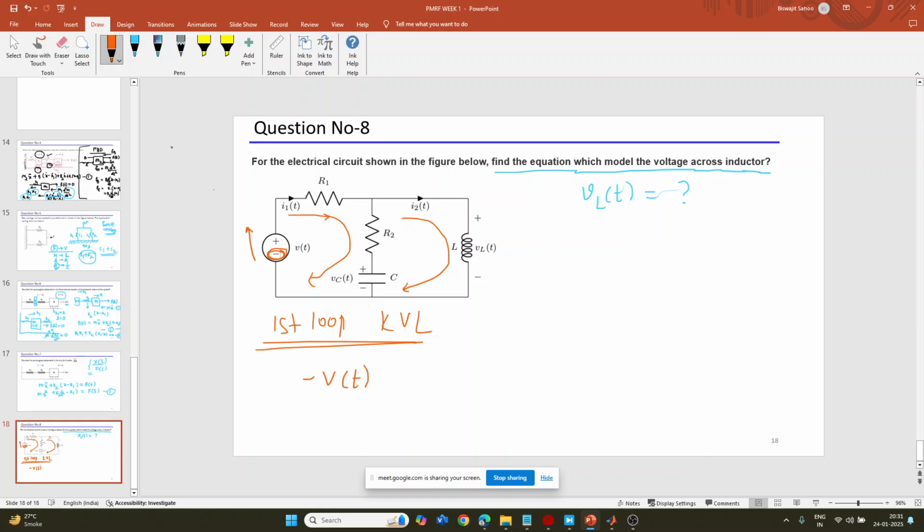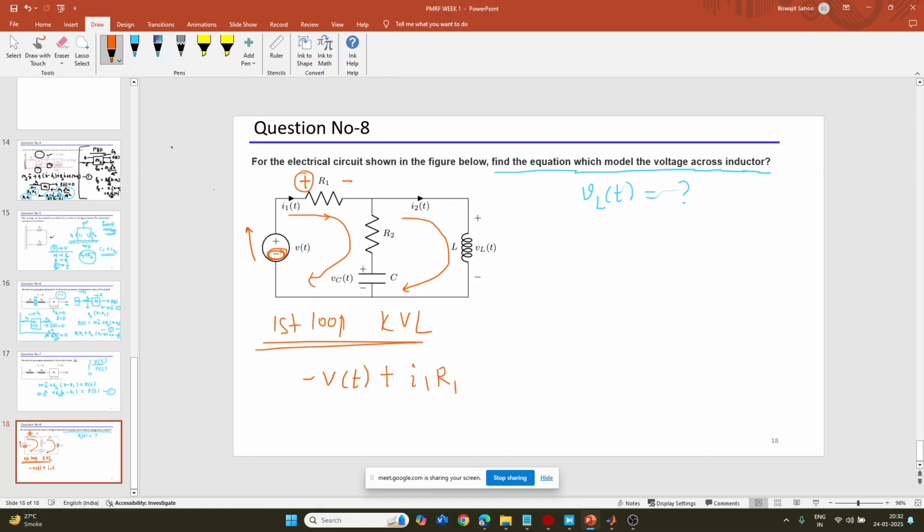Second, this current is flowing in this resistor. Remember that whenever current flows in a passive element, this side is positive and this side is negative, because current flows from positive to negative in any passive element like R, L, C. Now the current direction polarity is like that. As you are choosing the first point here, the first point is positive, so put a positive sign. What is the voltage equation?